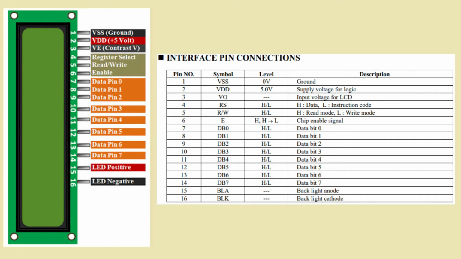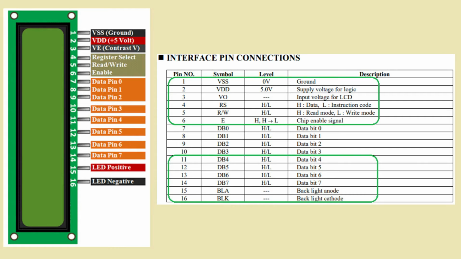As I mentioned earlier, this display has 8 bits for parallel data and command transfer. The display of this family, however, supports both the 8-bit transfer mode, i.e. the entire command, and 4-bit or nibble. For example, if 8-bit transfer mode was selected, the 8-bit command will be sent in full. However, if 4-bit transfer mode has been selected, only pins DB7 to DB4 will be used and thus 2 transfers will be made. The first 4 bits of the data will be sent first and then the last 4.